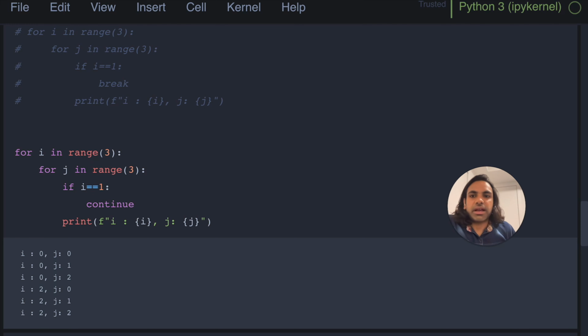Again, we are seeing when the value of i is reaching 1, we are just moving to the next iteration, and we are not terminating the loop. So this is how a continue statement in a nested loop works. So now you have understood the value of break, continue, and pass. Now let's